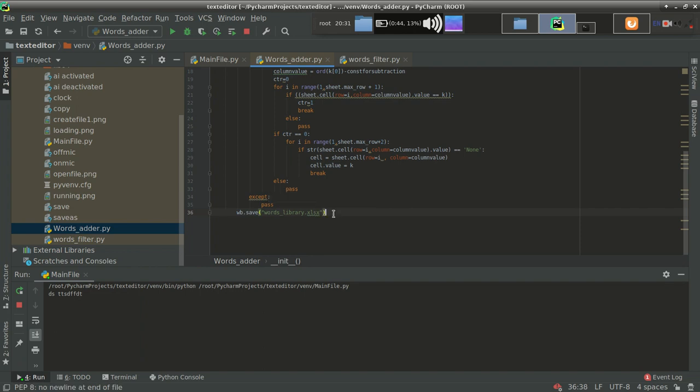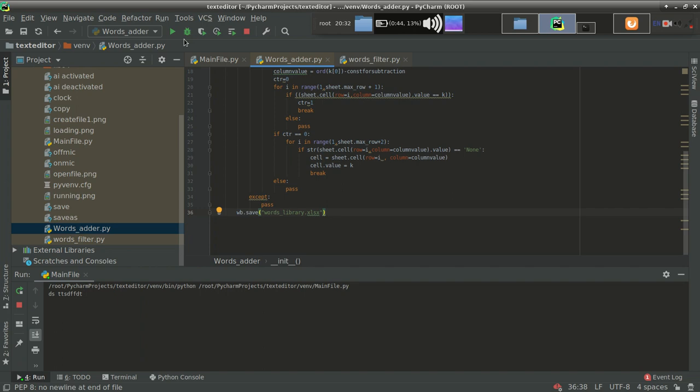So this is our file. So in this way we can add the content of the file, or the text area, to an Excel file for getting suggestions in the next run. So we have added this, and this class has been completed.